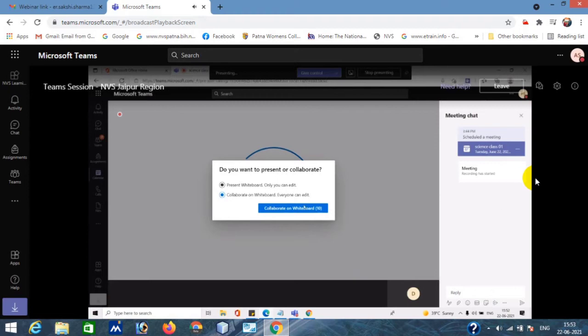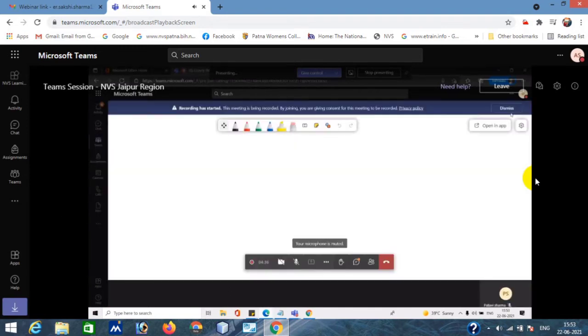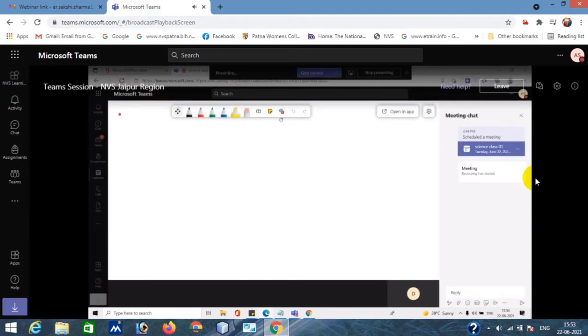Okay, so if I click on collaborate on the whiteboard, and from the Deep Saxena window I go there, it is loading. You can see the whiteboard in their window. Deep Saxena is seeing the whiteboard from their end. In the same way here also, the whiteboard is now loaded, so I can use different pens and pencils. I can use a text box to write text.